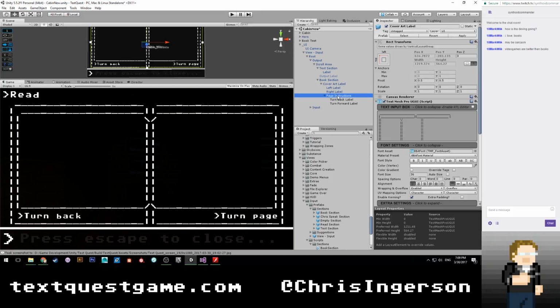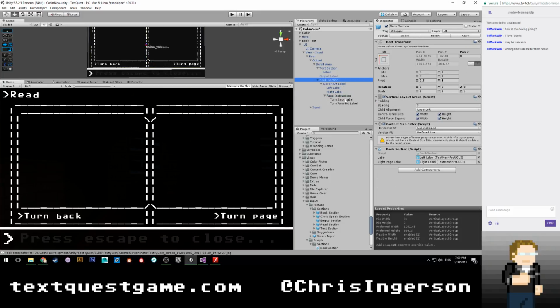So there's going to be a lot of intricate stuff going on here, but it will retain the independence from the button, so we don't have weird interactions that you can do, like clicking on these things. Instead, you will still type turn page or turn back. I do wish I had a better term for turn back than